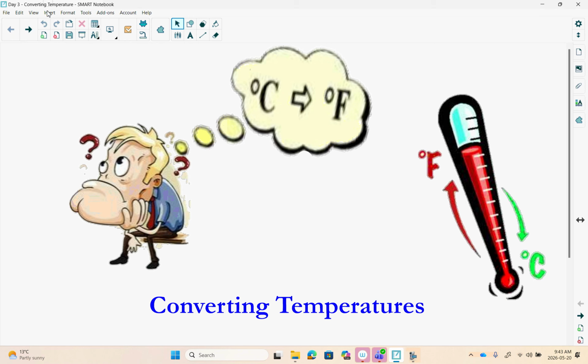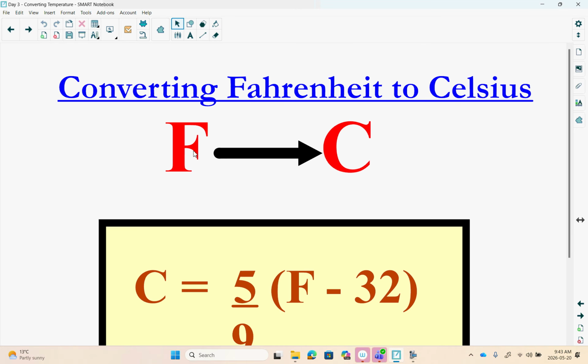So we'll continue with our conversions, and today we're going to look at converting temperature. So from degrees Celsius to degrees Fahrenheit, or degrees Fahrenheit to degrees Celsius. All right. If you want to go from F to C, Fahrenheit to Celsius, this is the formula you're going